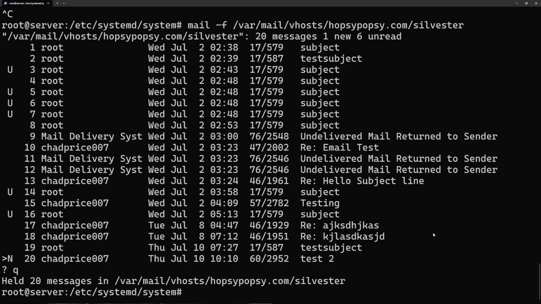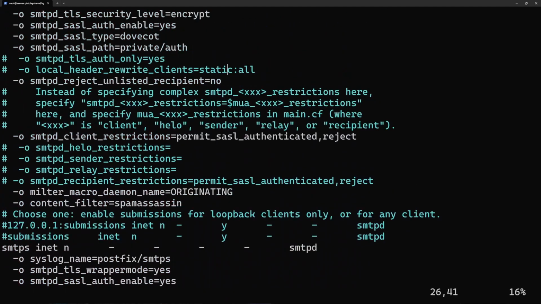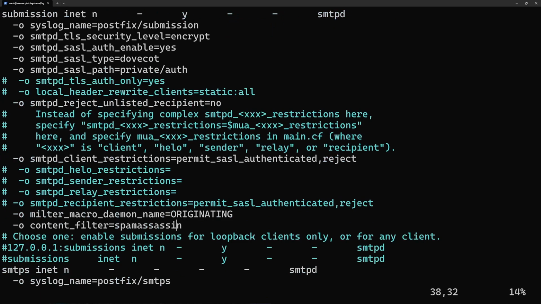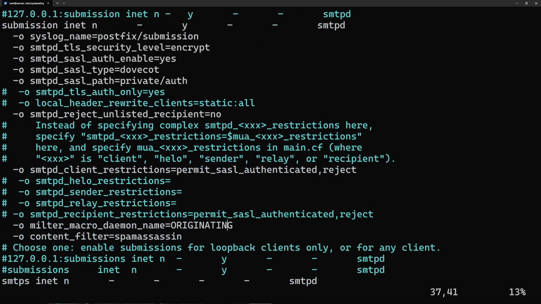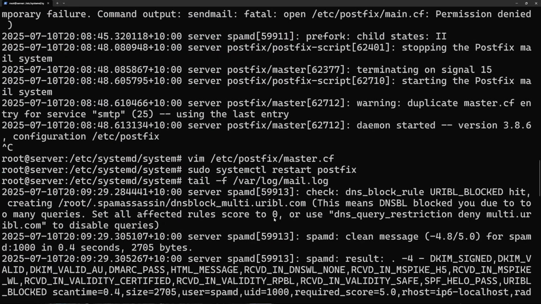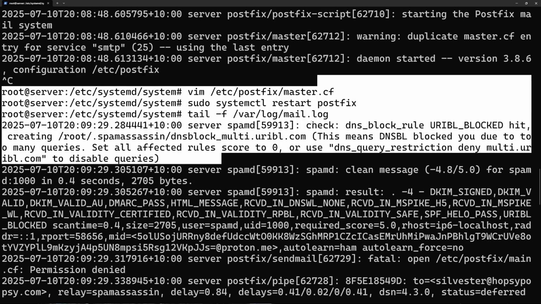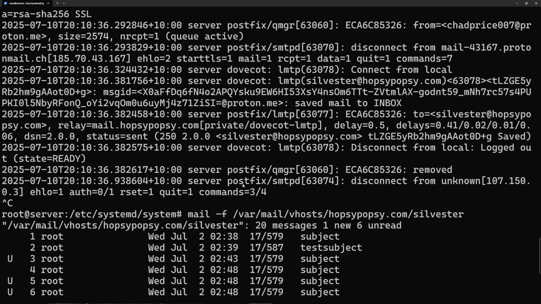Okay, definitely a slight lie there. You just need to go back to the master file and remove the second SMTP, and put the filter equals spamassassin at the bottom of the previous one. Because when you're looking at logs, you'll see there's a duplicate master service for SMTP, and that messes up everything. So if you want it to work properly, I'm not sure if this will show save mail to inbox here,